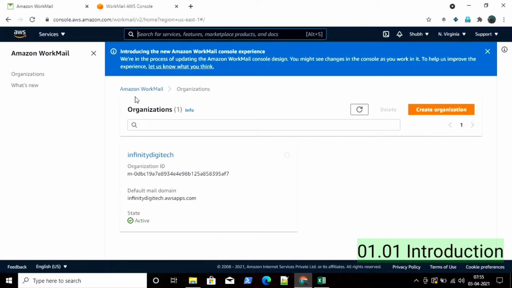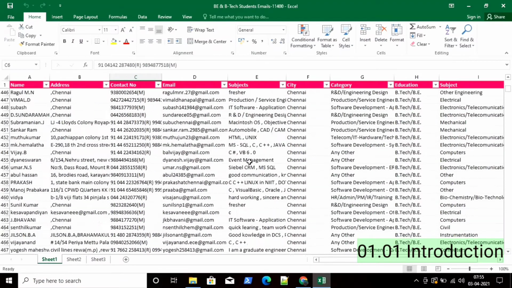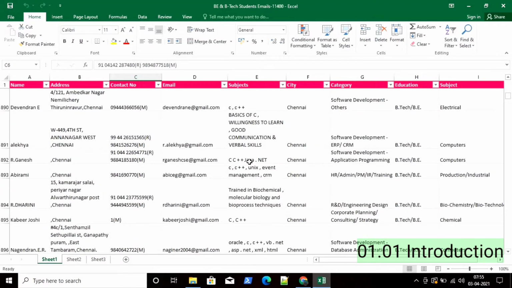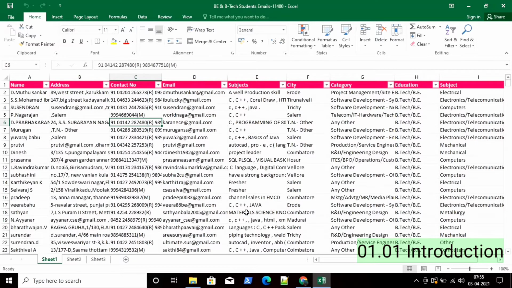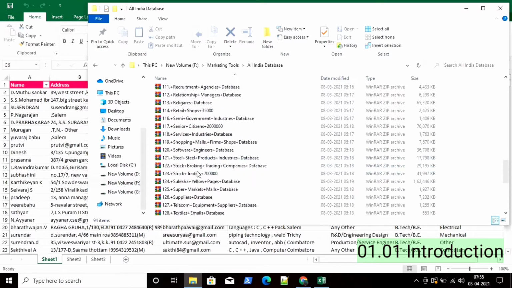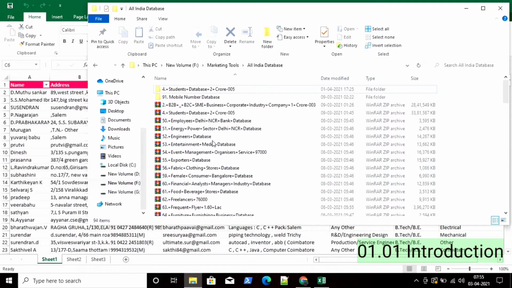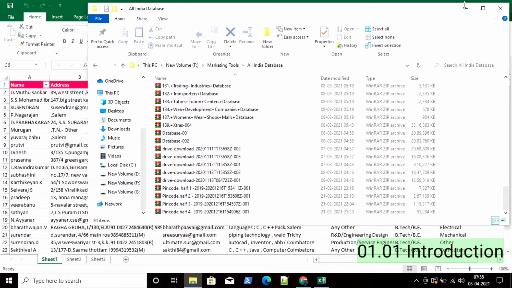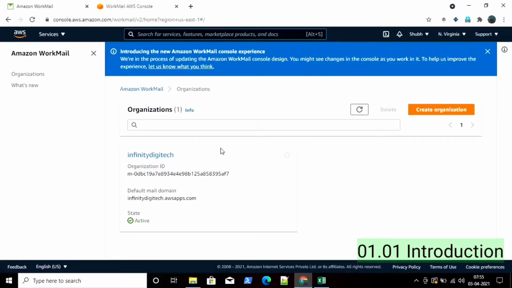To create trust in your brand, it is required to have a domain. So we are going to learn how to set up your free domain to create your brand's identity. For email marketing, it is required to have a database of people, like their email addresses and contact numbers and other things. So I'm also going to share where you can download this database at the cheapest price. In the market it will cost more than thousands of rupees, but I will share some tricks to purchase this database at less than 100 rupees, meaning nearly $1.5.